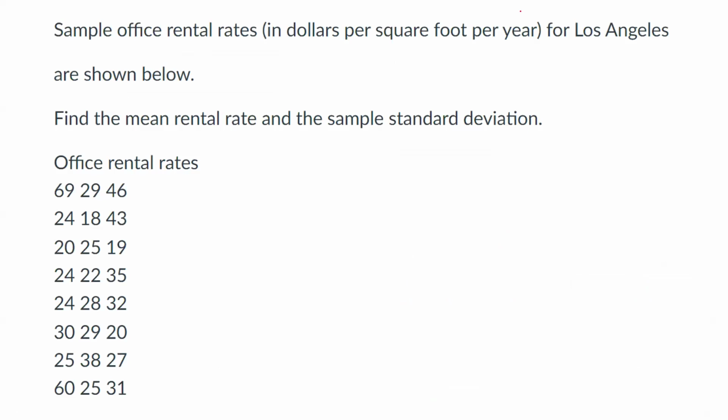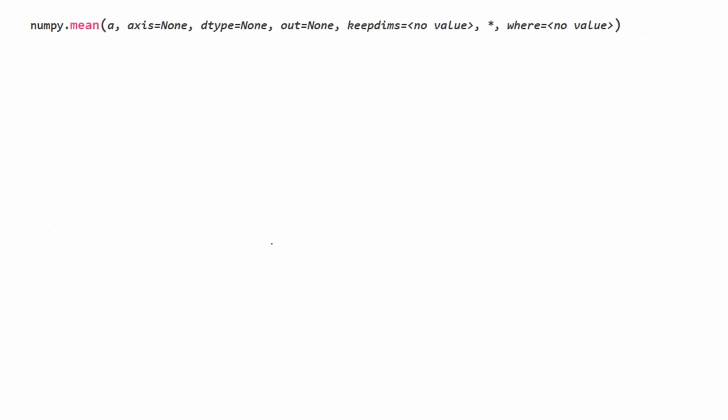Question says, you have a sample of office rental rates in dollars per square foot per year in Los Angeles. Find the mean of the data and the sample standard deviation. We have the following information. What are we going to do? We're going to go to our Jupyter notebook and use